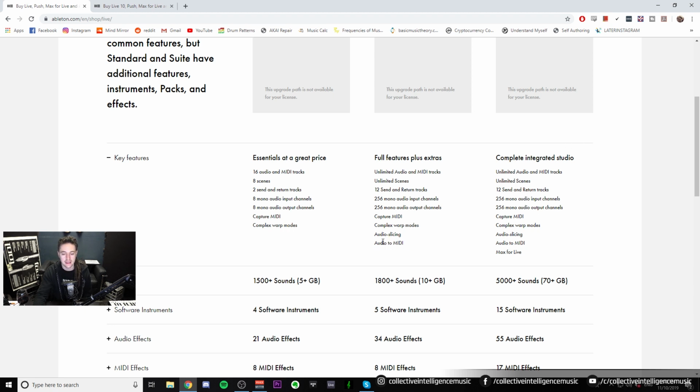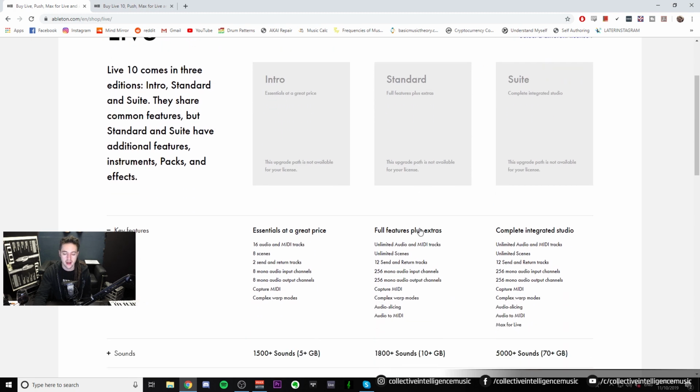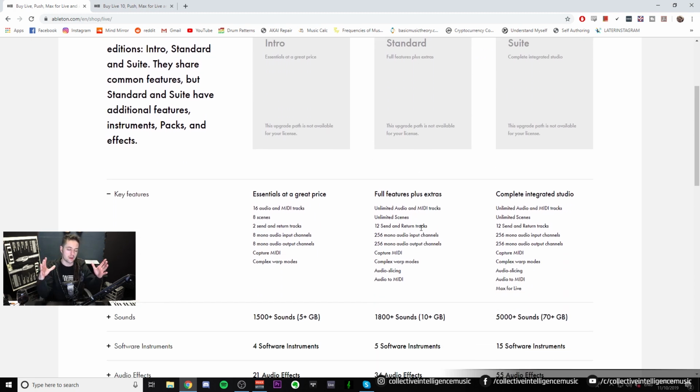And then you're gaining the audio slicing, audio to MIDI. So what audio to MIDI is, if you've got a piece of audio and you want to convert that into MIDI so that you can then play it on a keyboard rather than just have it as that audio file. You can slice all the parts of the audio into a sampler essentially, and then it spreads it out across the entire keyboard. Then you can play different parts of that sample depending on the sequence on an instrument, which is pretty cool. Lots of creative